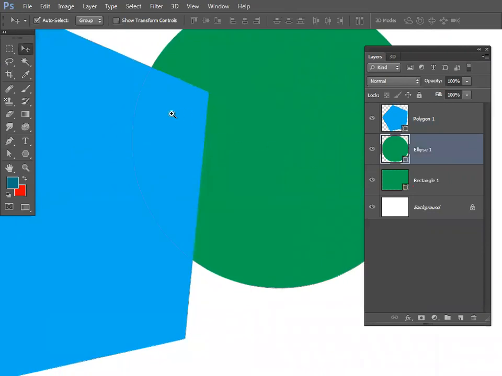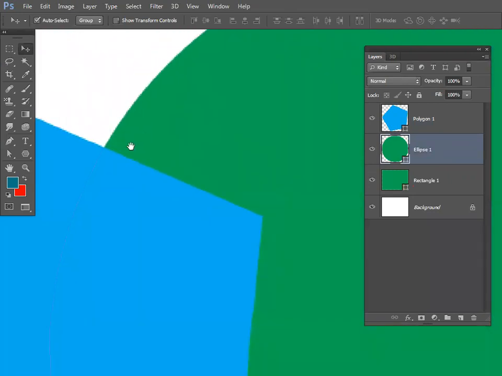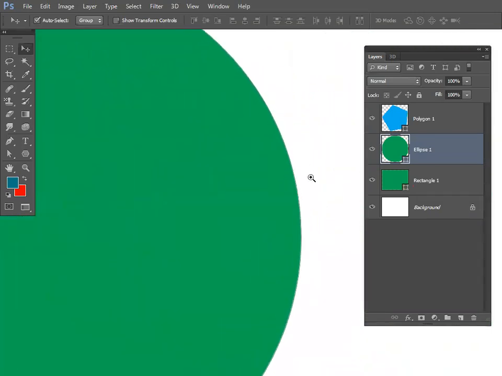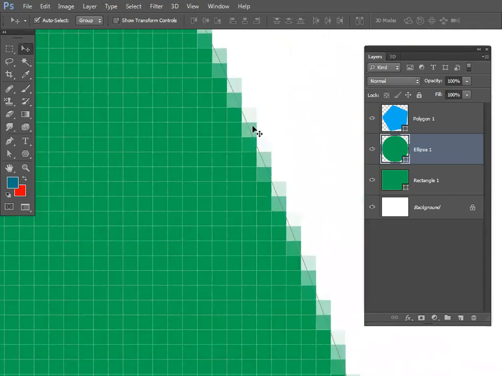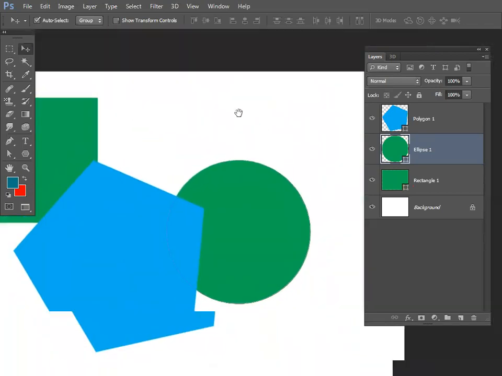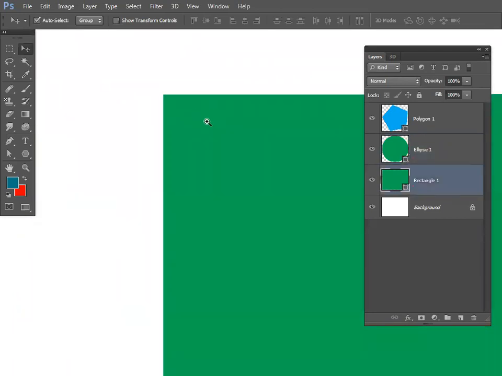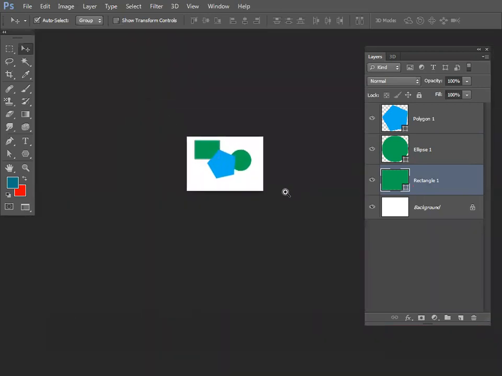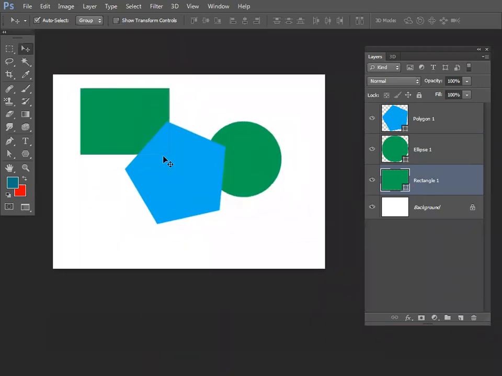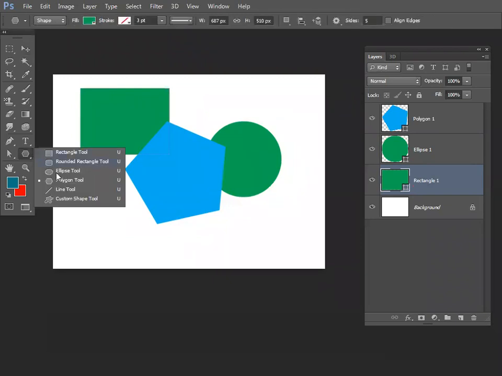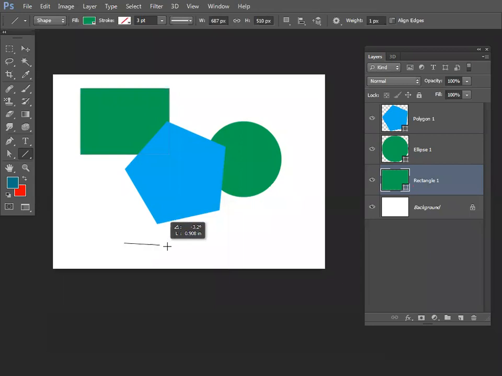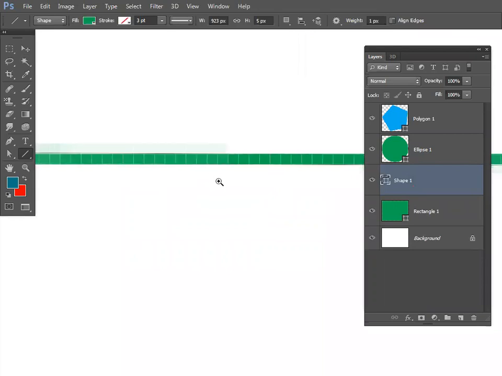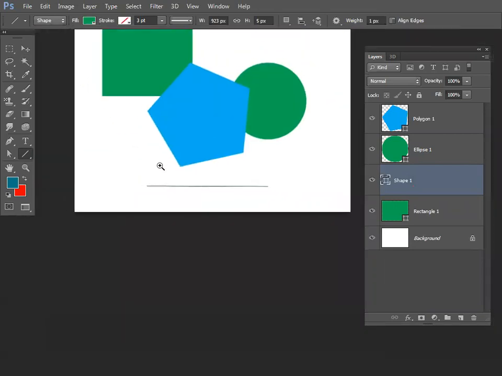Even for the circle, when you take the circle, you can see a path running here like this. A circular path is running here. There is a path. Clear? Even for this rectangle also, you can see a path here. Okay. So they are done using paths. Say you have this line tool, for example, draw a line. That is a path. A green line, a 1 pixel green line is drawn. That is a path. Okay.